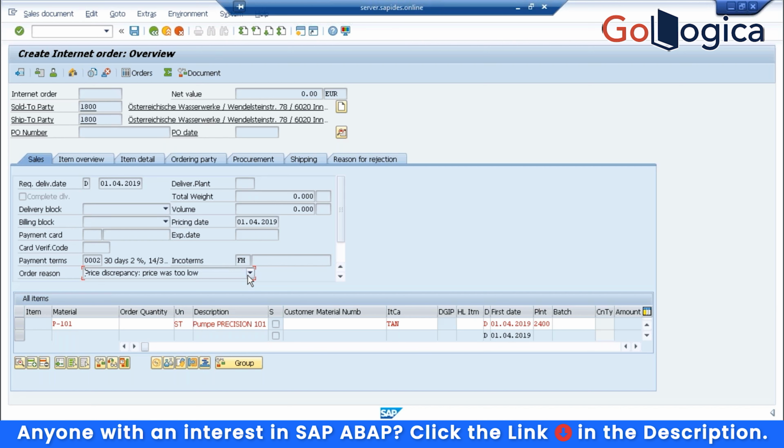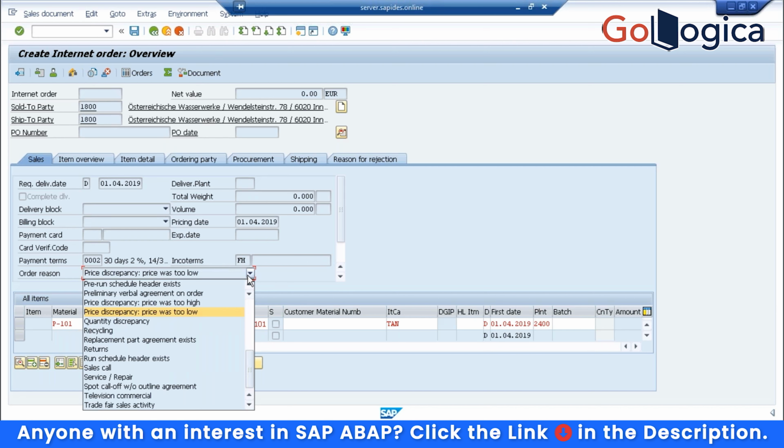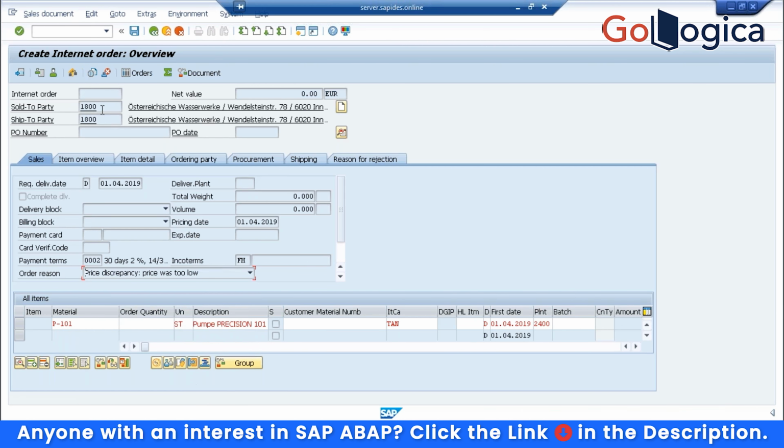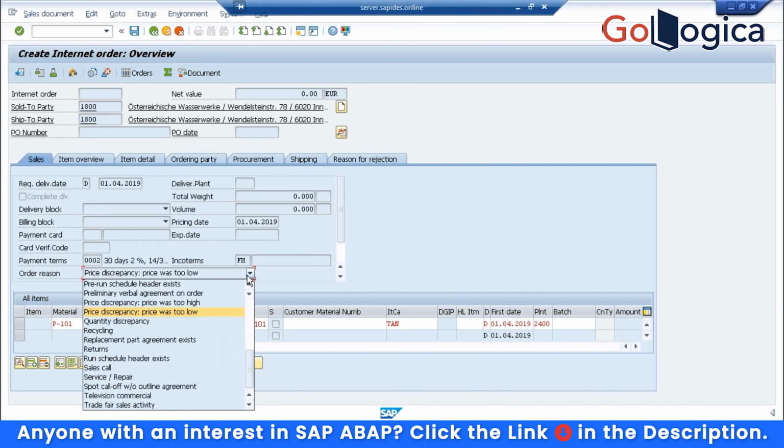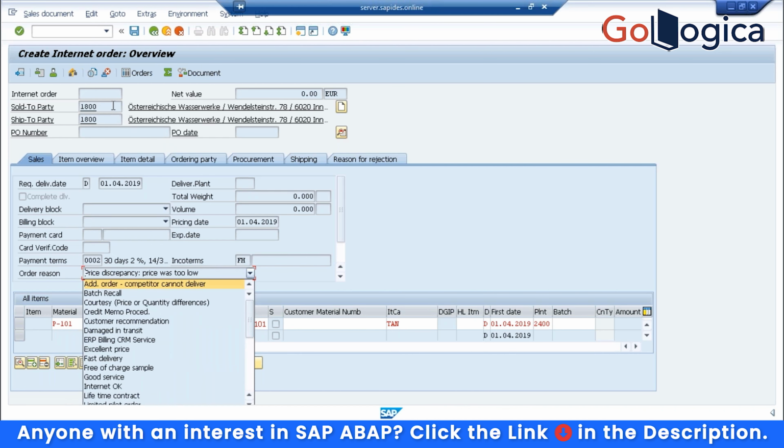So he said that I want this particular search help, the drop down. Whenever I enter a sold-to party 1800, only the order reasons of that particular customer should be picked out of this drop down. It should not display anything else, either 5 or 10 or 7 or 8, whatever this particular sold-to party or customer